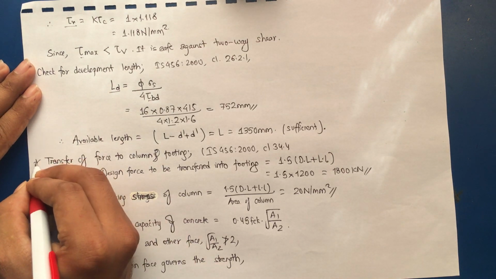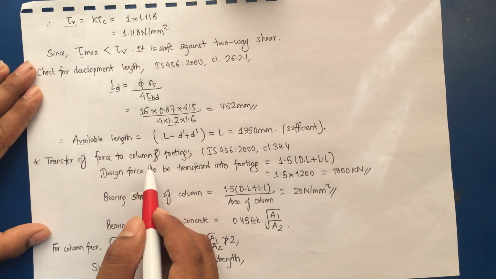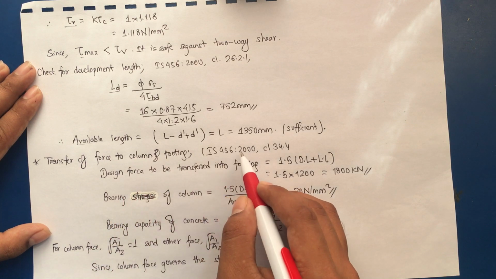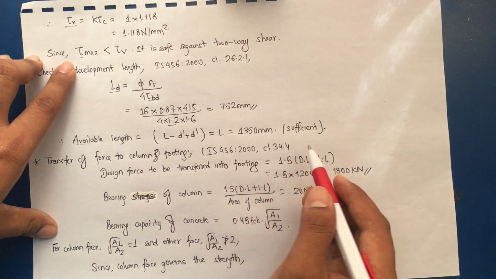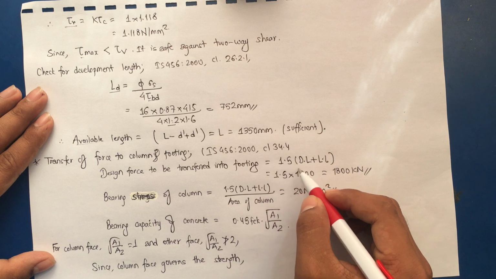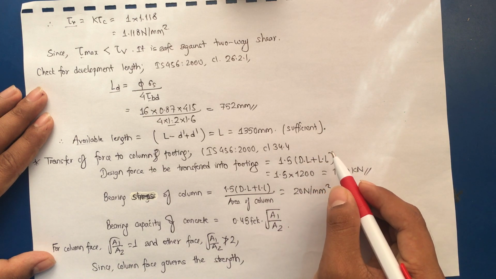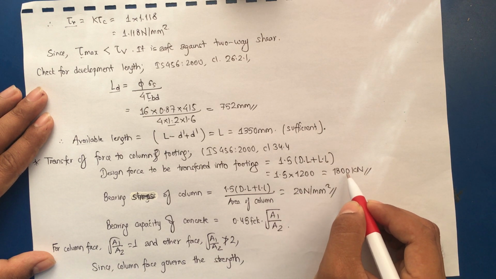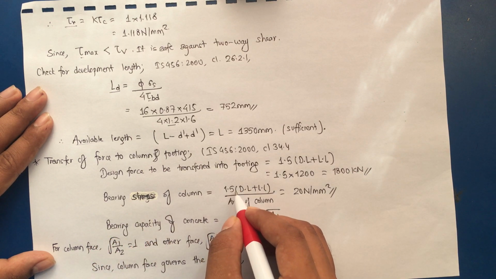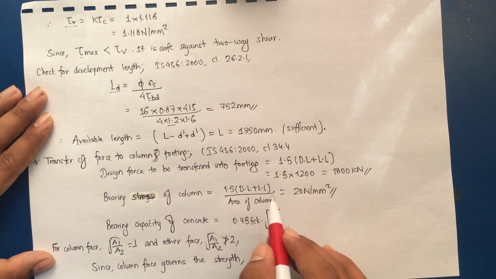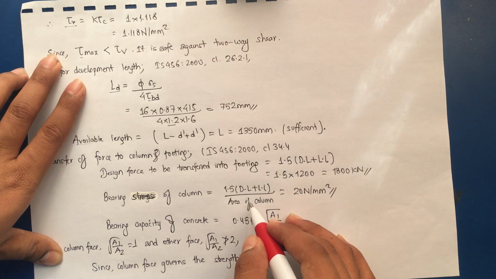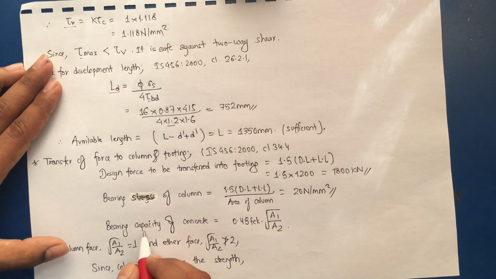Now the last step is to check for the transfer of force to column and footing, that is the force coming from the column into the footing. This is from IS 456 2000 clause 34.4. The design force to be transferred into the footing is 1.5 times the service load coming from the column. So this is 1800 kilonewton, and the bearing stress of the column is nothing but 1.5, that is the design load, divided by the area of column, 20 Newton per mm square. Area of column 300 by 300,